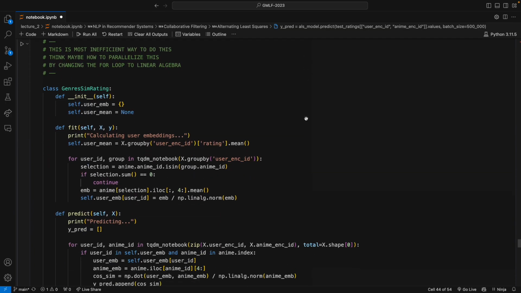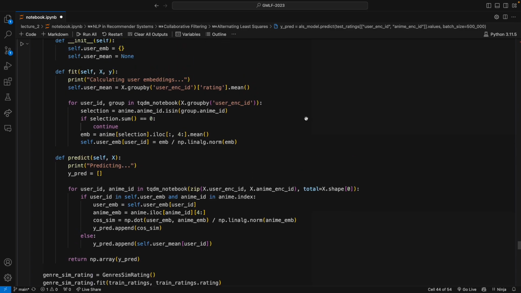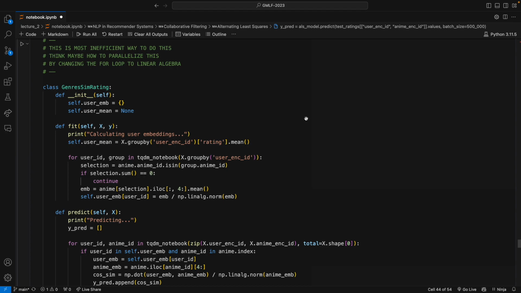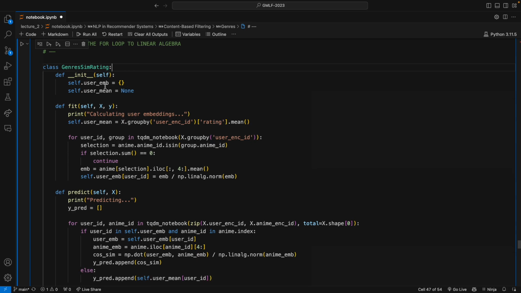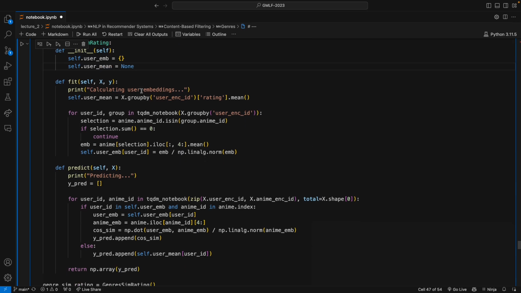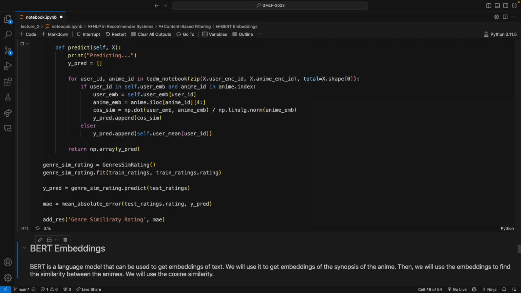So yeah, first of all, this is very inefficient. It's gonna take forever probably, but it works. So if we take the user as our person that we have to find the embeddings for, and then we have just a fallback value as the user mean, then what we're gonna do is exactly the same thing. So we say that the user mean is the fallback value, we'll calculate it, and then for each user we're also gonna